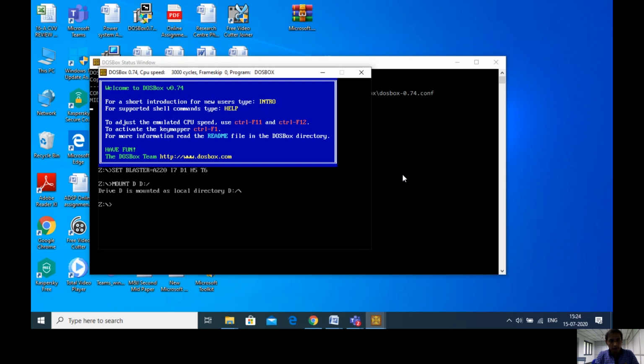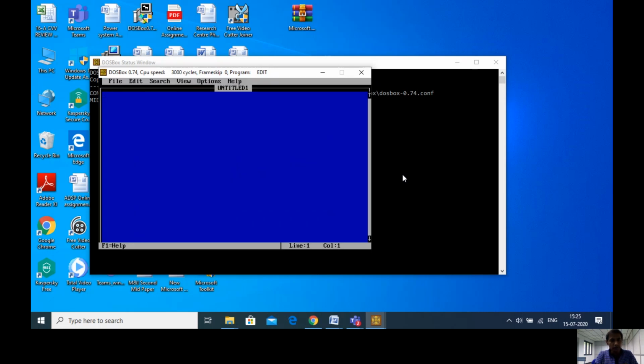Then we are in Z again. It will check whether the local directory is present or not. Later, for selecting D drive, type D colon. So now we are in D drive. Then, to select 8086 in D drive, you type CD space 8086, the folder name. Then we are in the 8086 folder now. To write a fresh program, we type edit.